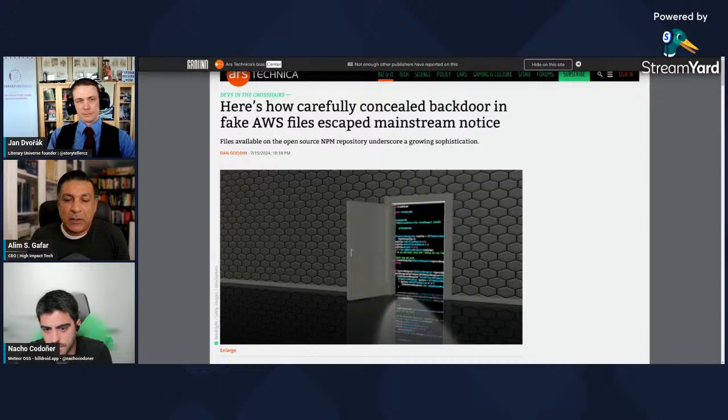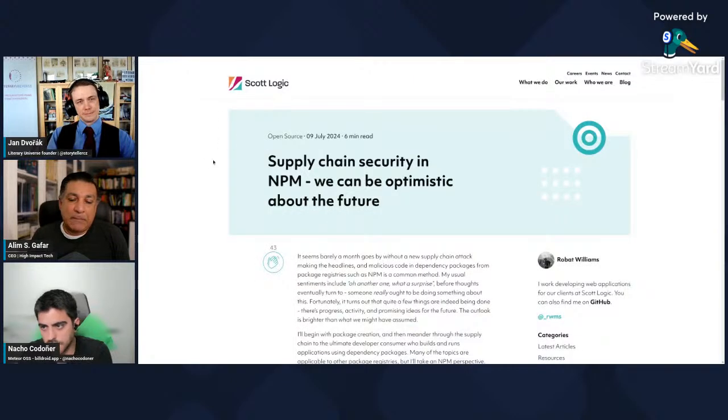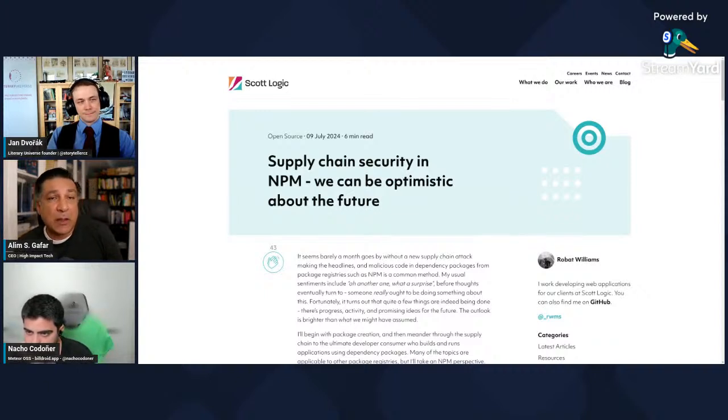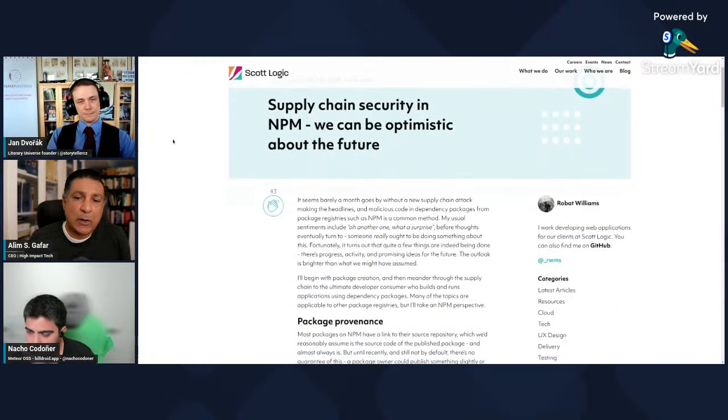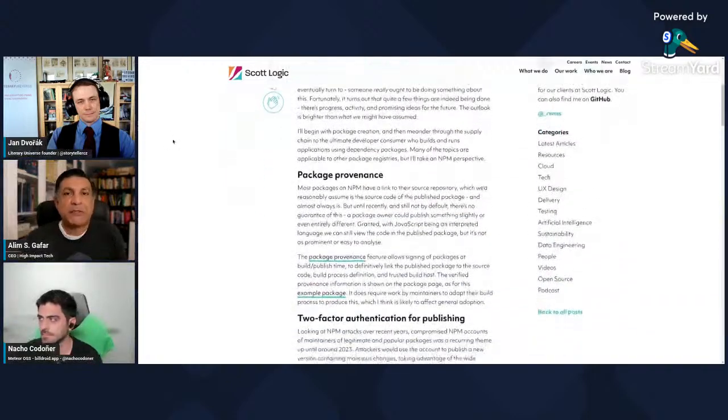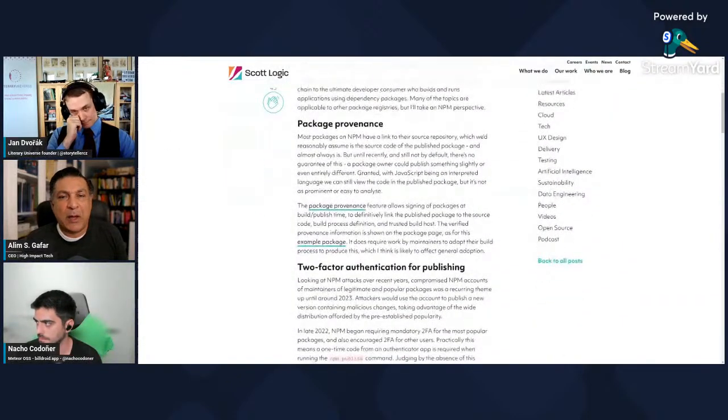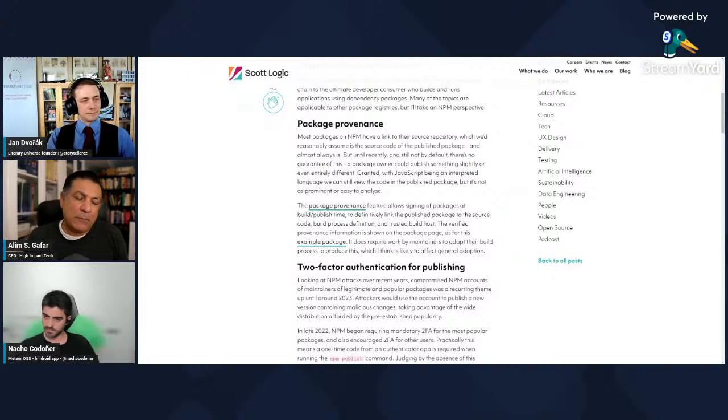But there is a third article that offers some hope, called "Supply Chain Security in NPM: We Can Be Optimistic About the Future." It's by Robat Williams from the Scott Logic blog, where he talks about finding a way to ensure the provenance of submissions to NPM packages. So trying to make sure that we have a route to verify who are the people submitting things